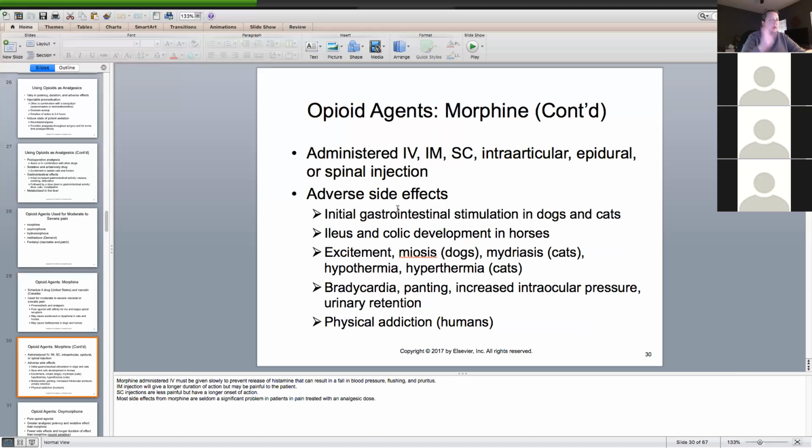What I do want you to know is that you can give it IM, IV, or sub-Q. It can go all routes, and you can also give it intra-articular. Articular is the joint. So if you have a dog having stifle surgery, you can inject it into the joint and it'll actually work locally and bind to those receptors. It can also be given epidural or spinal. Most of the time we're not doing spinals in veterinary medicine. An epidural,